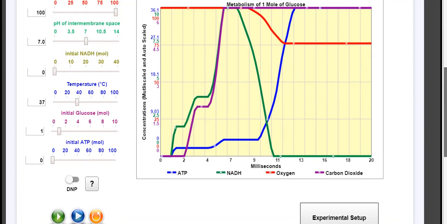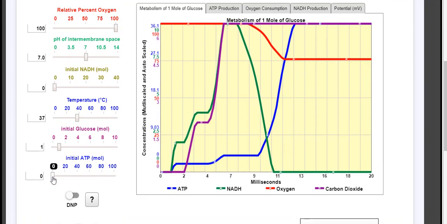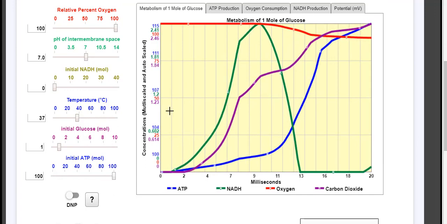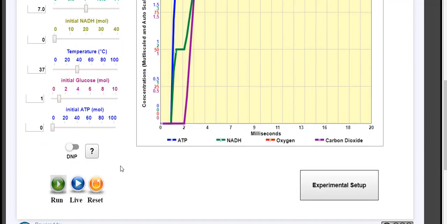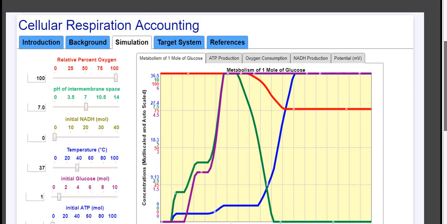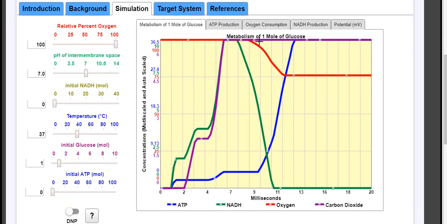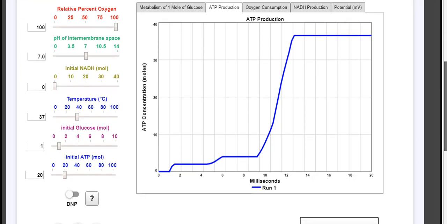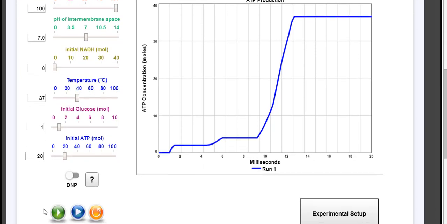So with the initial amount of ATP, we can bump this up. And we can see some things interesting happening. We're just going to run at initial conditions. So this is ATP at 0. And then I'm going to go to this ATP. This is going to show comparative runs. So I'm going to increase this to 20. And as I increase this to 20 and run,